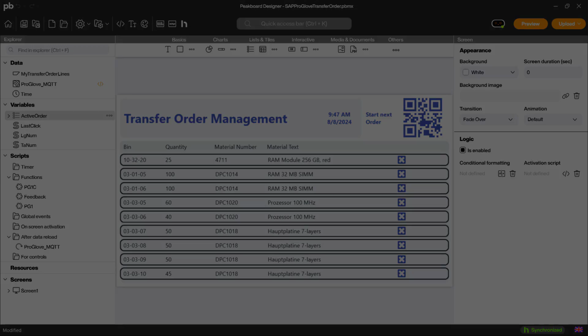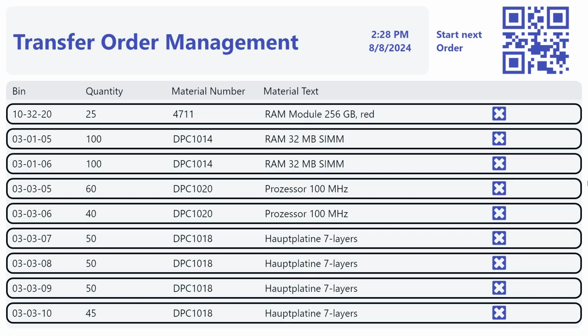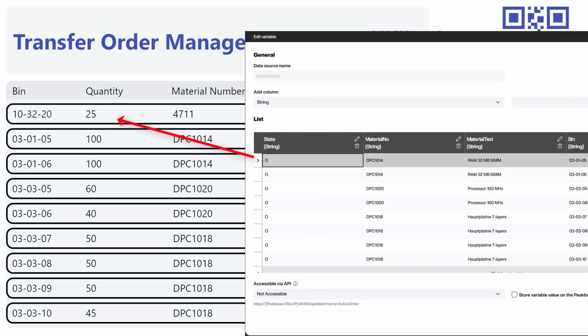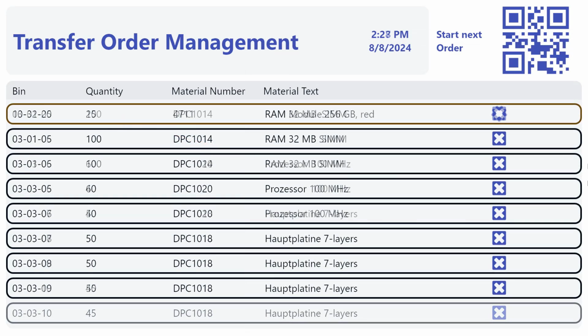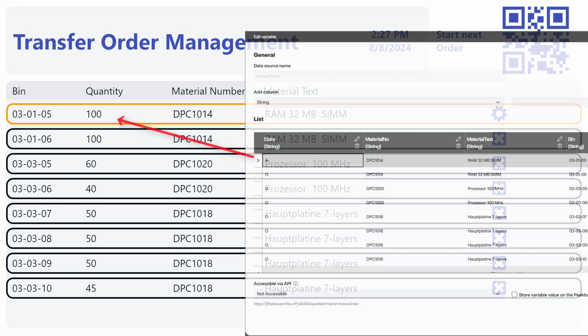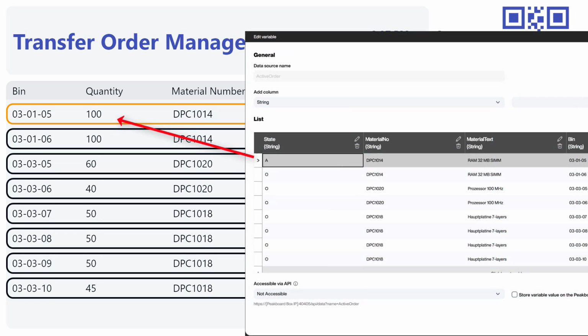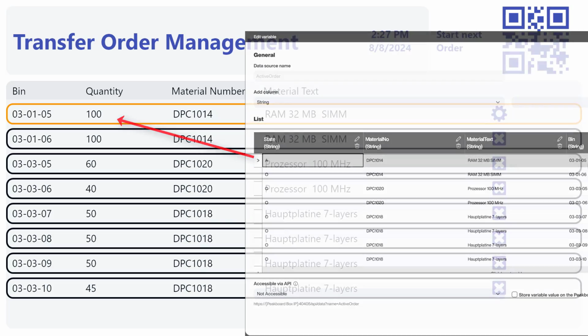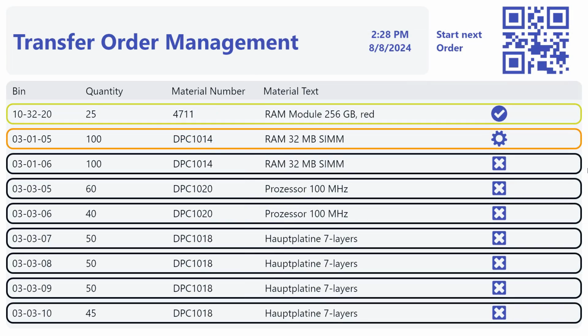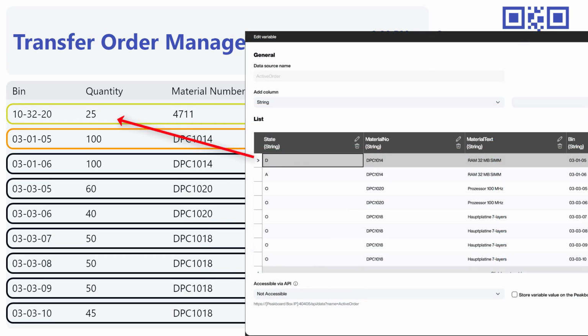There are 3 different statuses. O for open. This status is initially assigned to all positions in the picking order. A for active. This status is assigned to a position when the employee is currently picking this item. And D for done. This status is assigned to the position when the employee confirms that the position has been